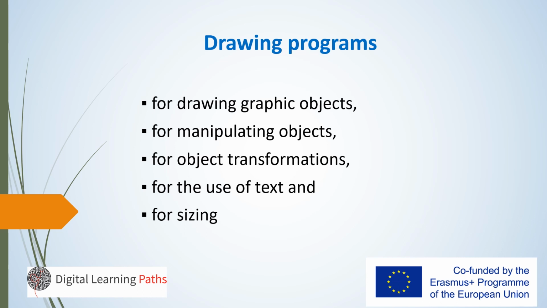Object manipulation commands include commands for marking, deleting, moving, copying, and rotating objects, filling a closed contour with paint or hatching, grouping multiple objects into one, breaking a group into individual objects, and so on. Before executing any command to manipulate or transform an object, the object must be selected. Object transformation commands include commands to stretch, compress, and symmetrically map the object, round and trim, cut, extend, scale, and